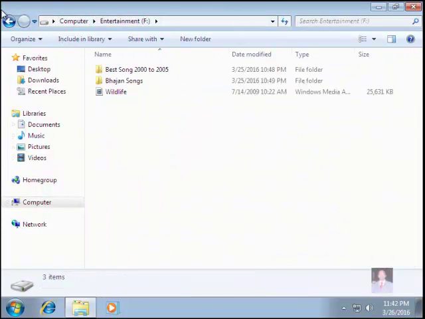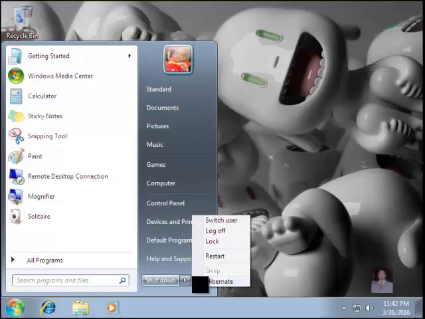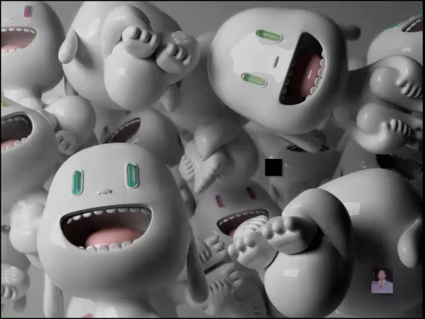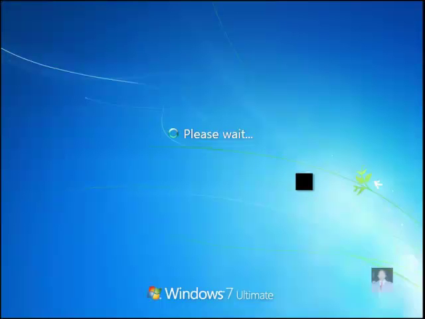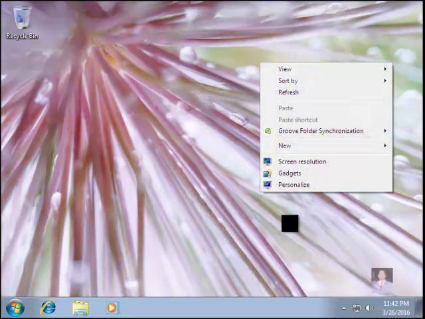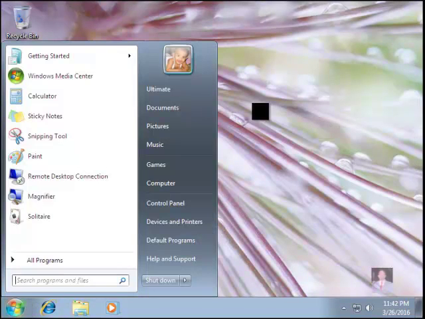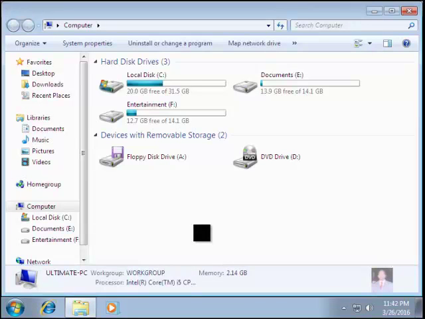So this is some data we are having in the system. We will assume this is very confidential data, very important data. We have to make sure no one can play with our data, right? So we'll log into Ultimate account. It's an admin account. After logging to admin account, we'll see